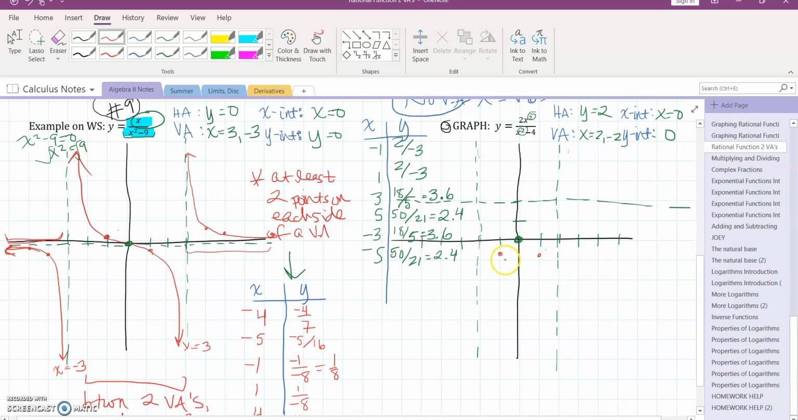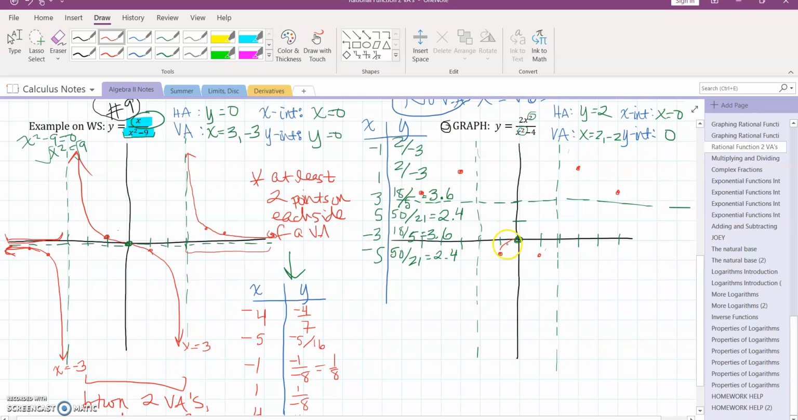I have symmetry over the y-axis. 3, I'm at 3.6. -3, I'm at 3.6. 5, 1, 2, 3, 4, 5, I'm at 2.4, so definitely a downward trend. Same on the other side, I'm at 2.4. I'm kind of going over my table here. So in the middle, you can see I'm going to have this parabolic shape because, oops, I should not have